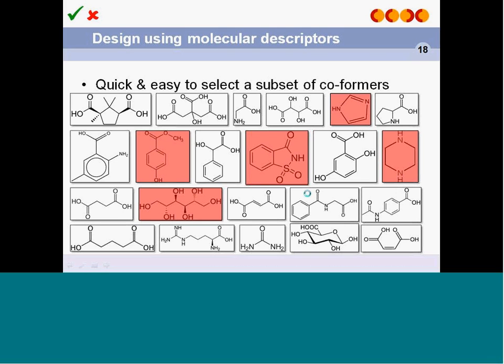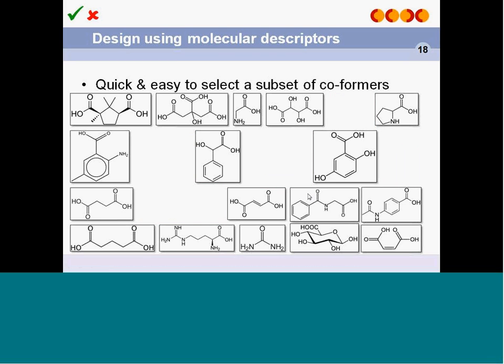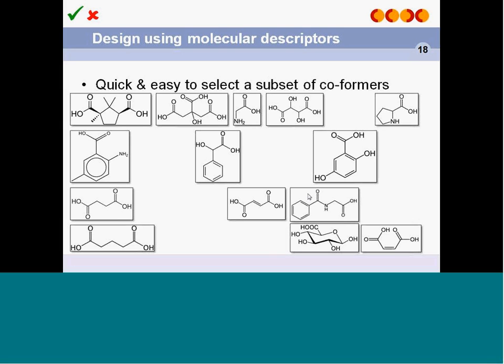So if we return to the set of coformers that Virtual and co-workers were using, we can already remove the ones identified to be not good for coformers in terms of synthons. And then we can also identify the ones which have not complementary molecular shapes and polarities to piracetam. So again, we can see that actually the data set we started with is very efficient, and the shapes and sizes and polarities are all quite good, quite well suited to piracetam. But we can still remove some more. So what we've done now is we've filtered the data set down from 22 molecules to the 14 most suitable